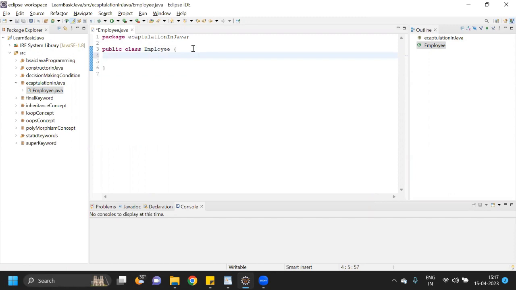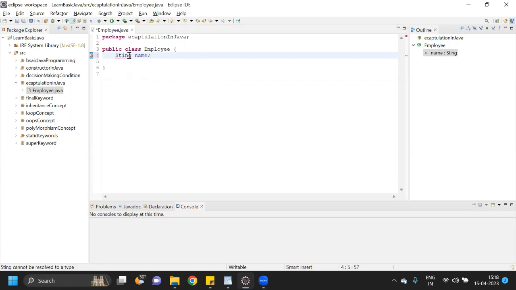So let me take a variable name. The name will be a String, so I'll define String name, right? What I said is that all the records which we keep inside the class will be private,